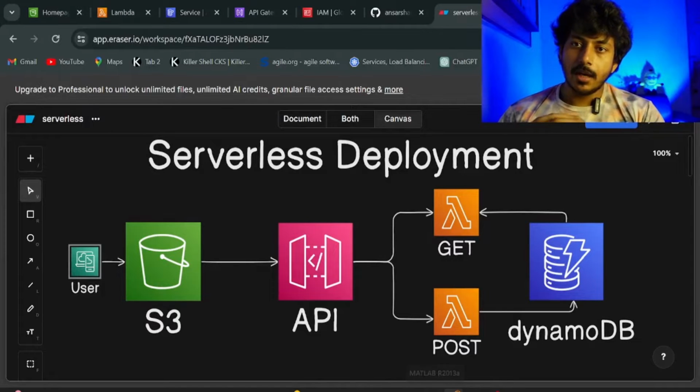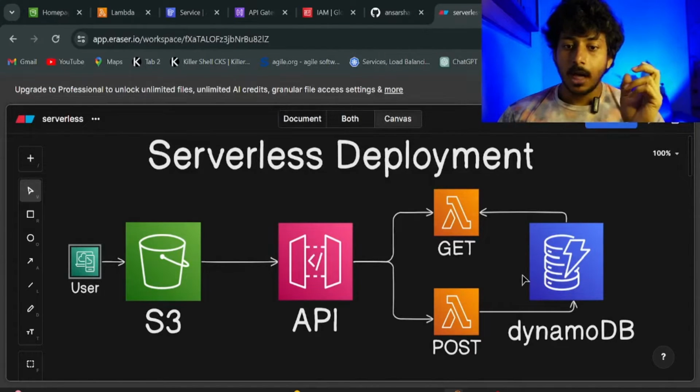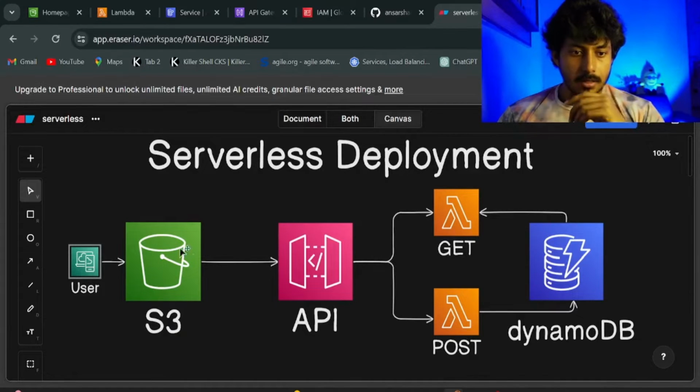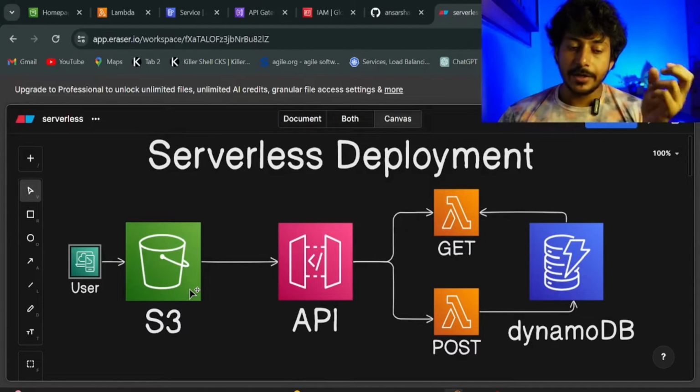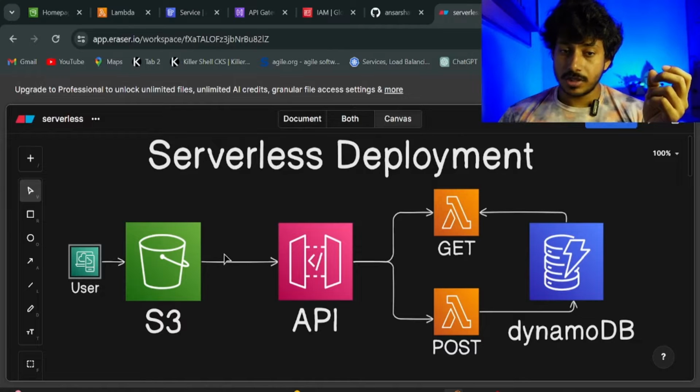We are using the AWS cloud provider for our application deployment. Let me tell you what our project is. We are going to store our application code files in an S3 bucket, and using the S3 bucket we are going to host our web application using static web hosting, and we are going to configure the static web hosting to the API Gateway, and this API Gateway will trigger Lambda